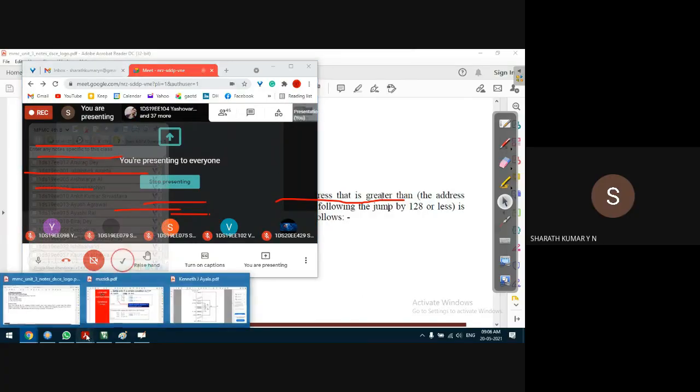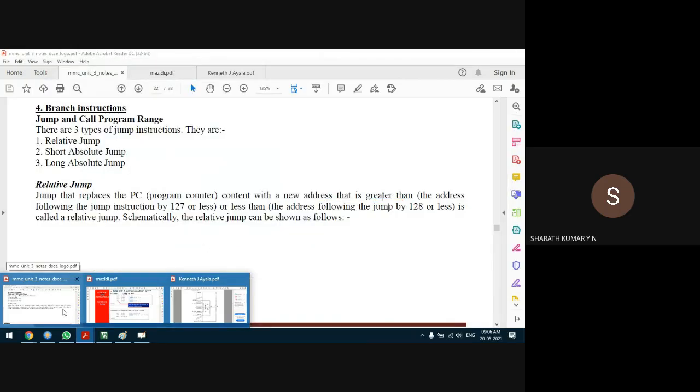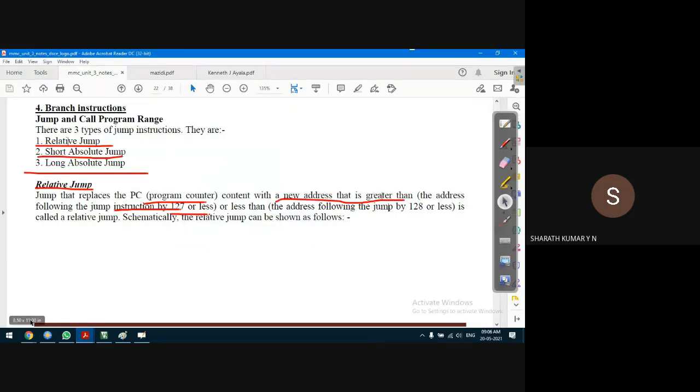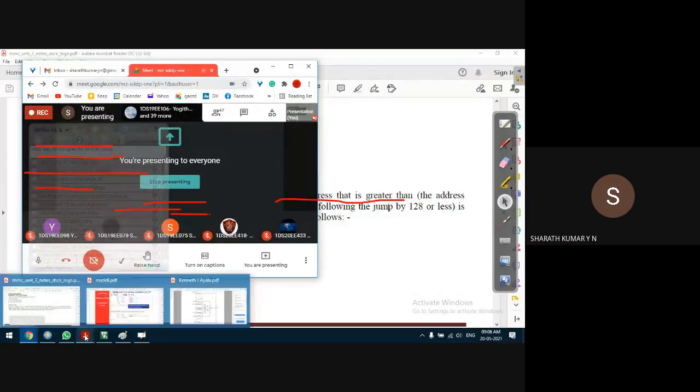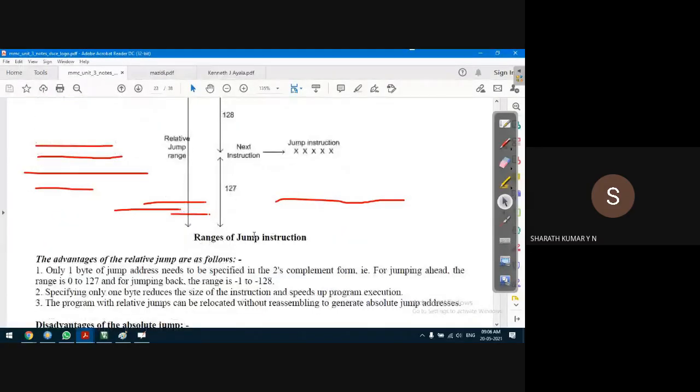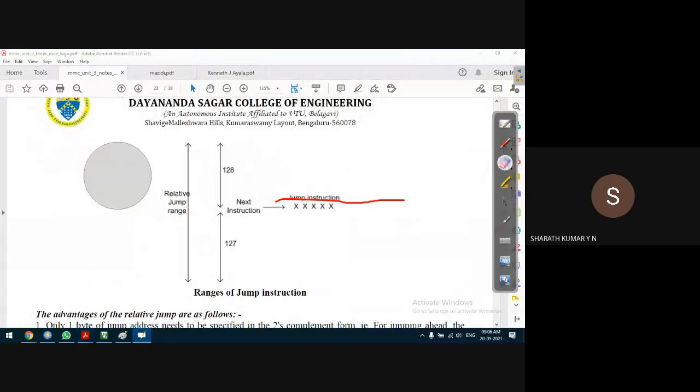So that we discussed in the last class. Something like this. So when the microcontroller is executing a program, there is a jump instruction here. So with respect to this jump instruction,